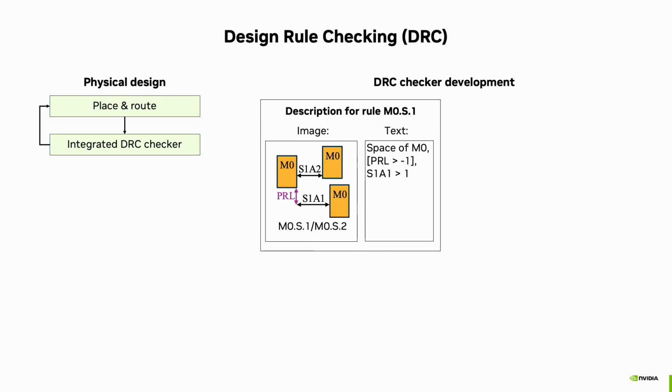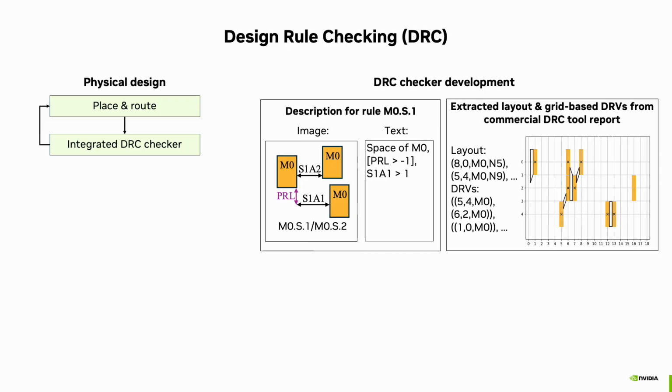So first, we need to look at the design rule manual provided by the foundry. In this manual, it typically comes with an image and a very succinct text. So the human engineer needs to observe both pieces of information to know what's going on in this design rule. And also we need to